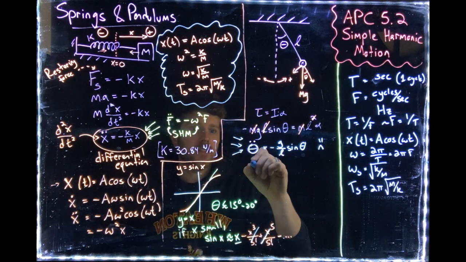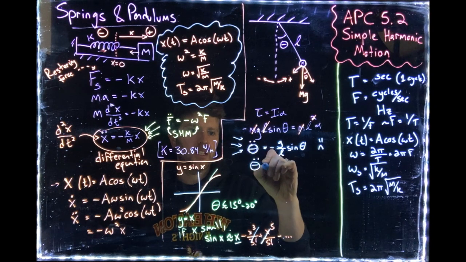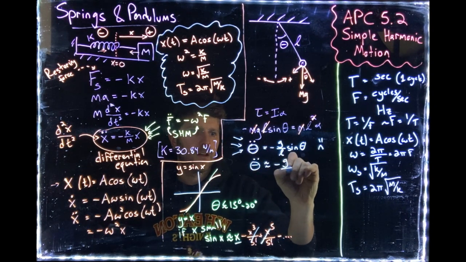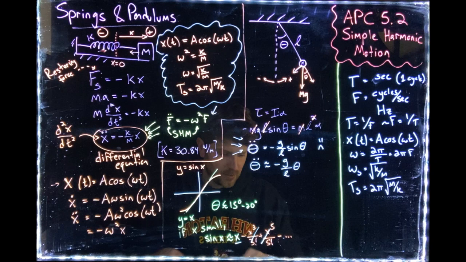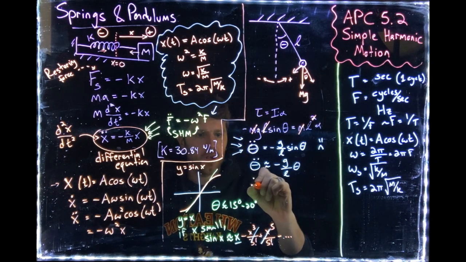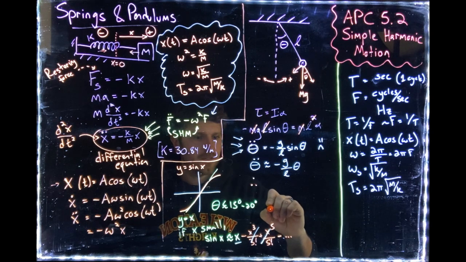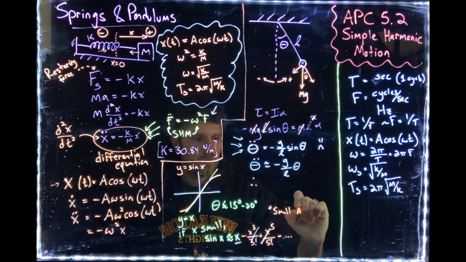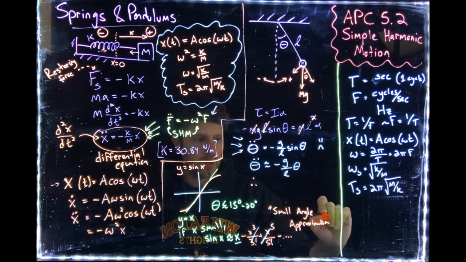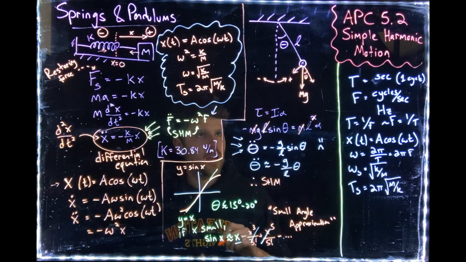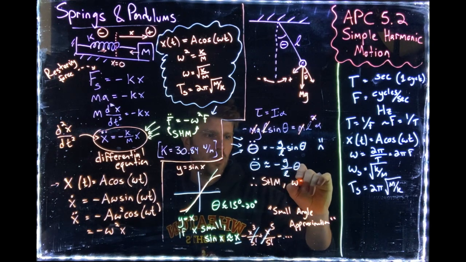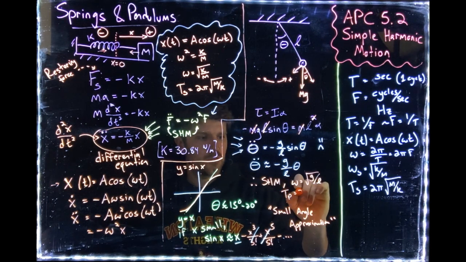And if we do that, what happens is this equation becomes theta double dot is more or less equal to negative g over L times theta. Aha! Simple harmonic motion. So what we conclude is that a pendulum for small angles, and this is in fact called specifically the small angle approximation, for small angles, theta moves as simple harmonic motion in theta with an omega that's equal to root g over L, or a time period that's equal to 2 pi